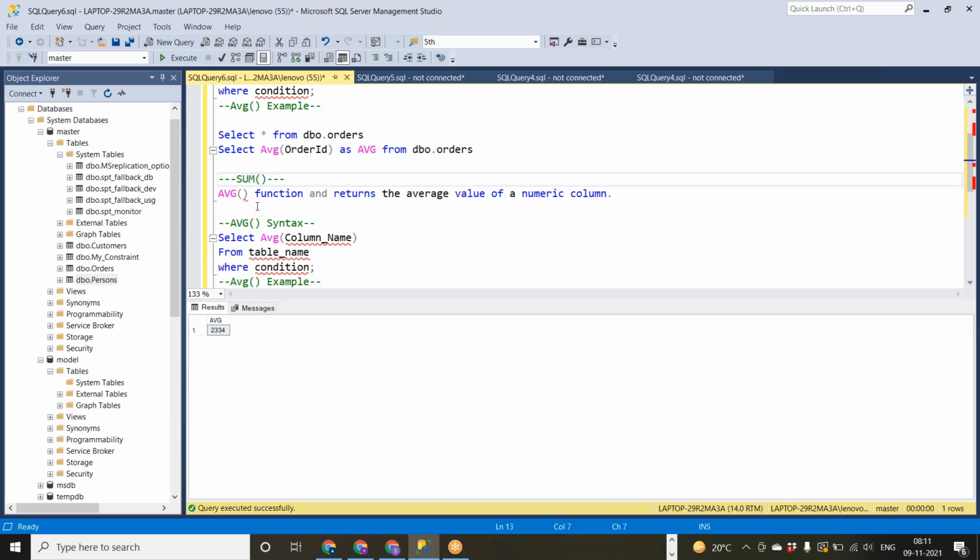So sum, you know, sum will return the total sum of that particular numeric column, and if you have any condition to give, you can also give that. So the sum function returns the total sum.